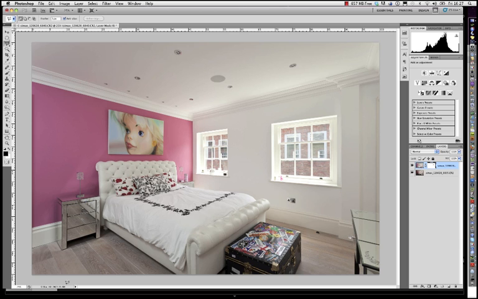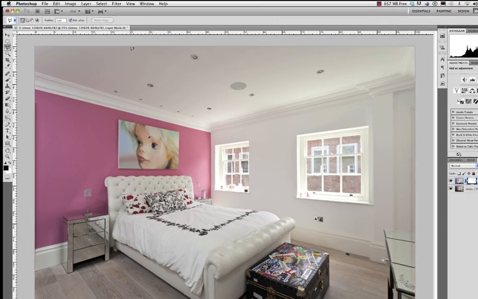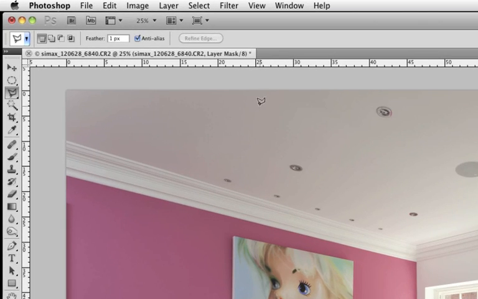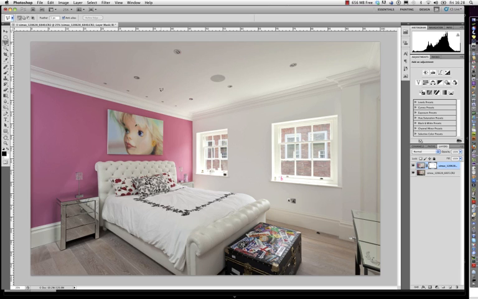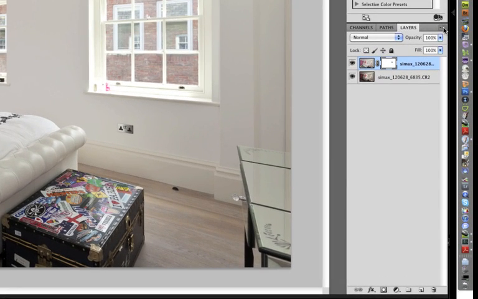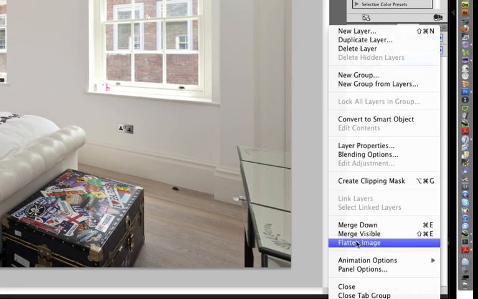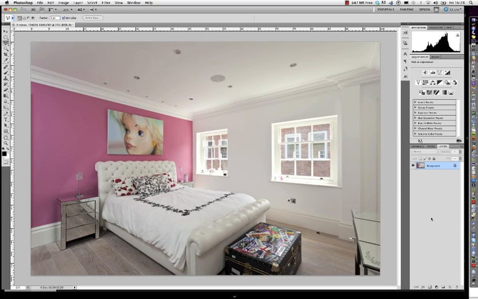It's 120 megabytes. I should have said that I actually edit in Photoshop in 8-bit for standard real estate photography. I don't believe in using 16-bit because that would make the file really massive, and that simply clogs up your hard drive with data. For really critical work, you might work in 16-bit if you really wanted to preserve colour integrity. You were supplying this for magazine use, for example. But for this kind of work, 8-bit I find is plenty. But I could actually, just by flattening the image, reduce the size even further. And Command and S on your keyboard to save. And the exciting thing happens back in Lightroom,